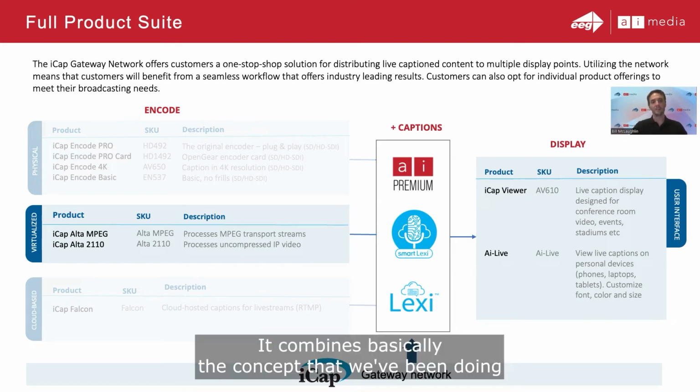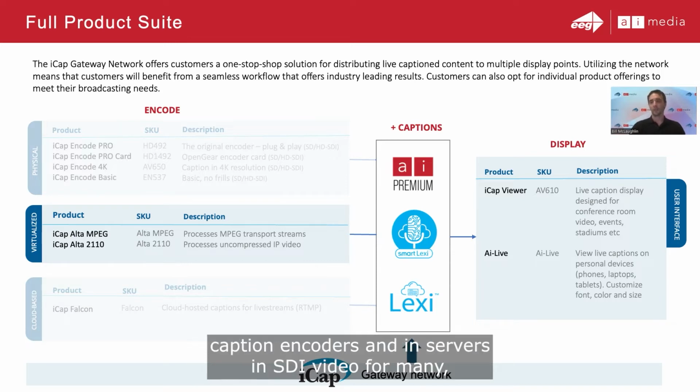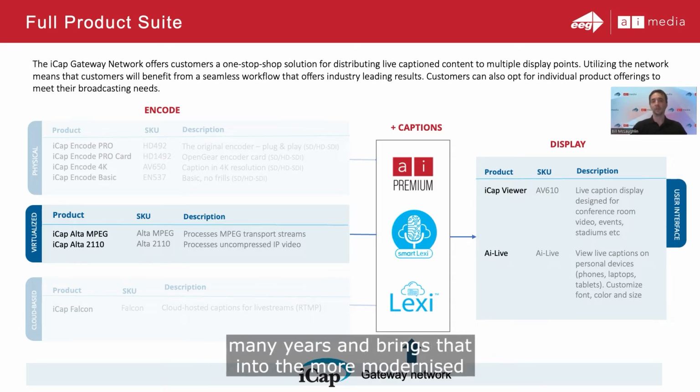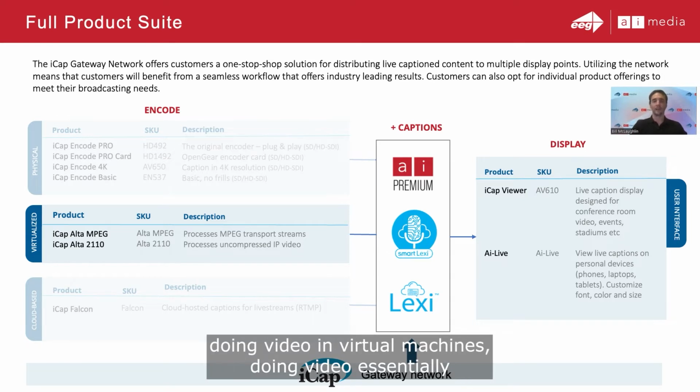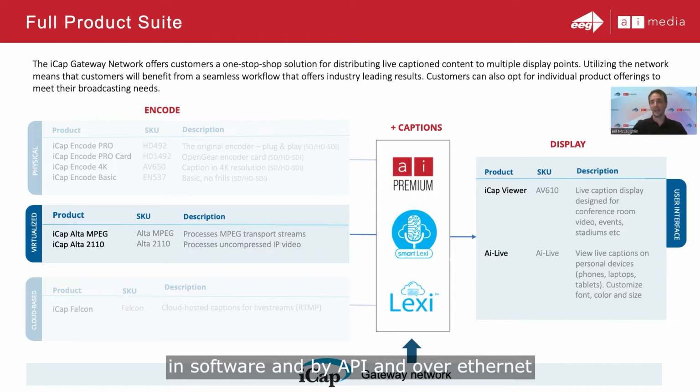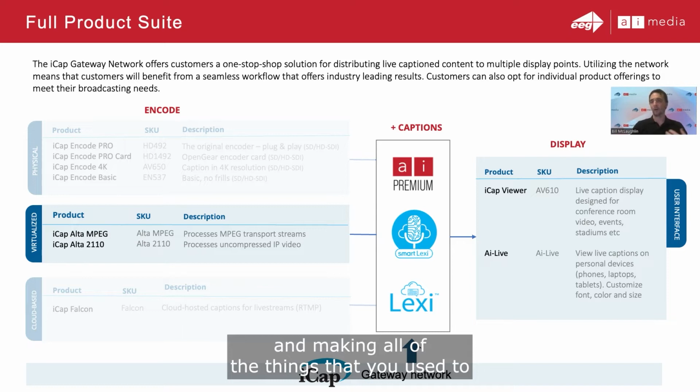It combines the concept that we've been doing caption encoders and inserters in SDI video for many, many years, and brings that into the more modernized production workflow of doing video in the cloud, doing video in virtual machines, doing video essentially in software and by API and over Ethernet, and making all of the things that you used to need a lot of dedicated cables and plant to do